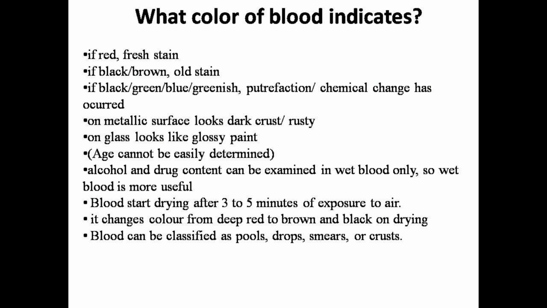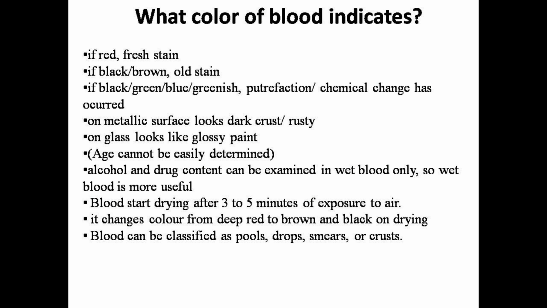On a metallic surface, blood stains look like dark crust or rusty. On glass, it looks like glossy paint. It is very difficult to determine the age of the stain. Then it could have different kinds of shapes on the surface, either circular or asymmetrical. So the color of blood indicates various things. Later on we will see how the shape of a blood stain can be used for the determination of blood